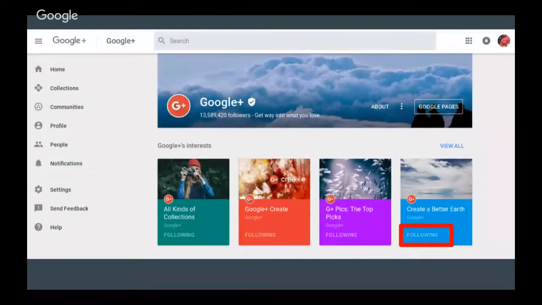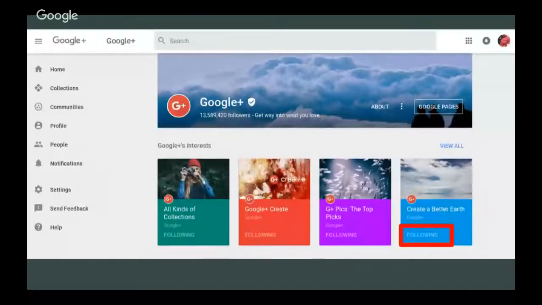And the last thing you can do is what Michael mentioned at the beginning. If you're following a person or page, but you're not interested in all the content they post, you can unfollow collections that they post. So in this example, this is the official Google+ page. And because I'm following the page, I'm automatically following all their collections.